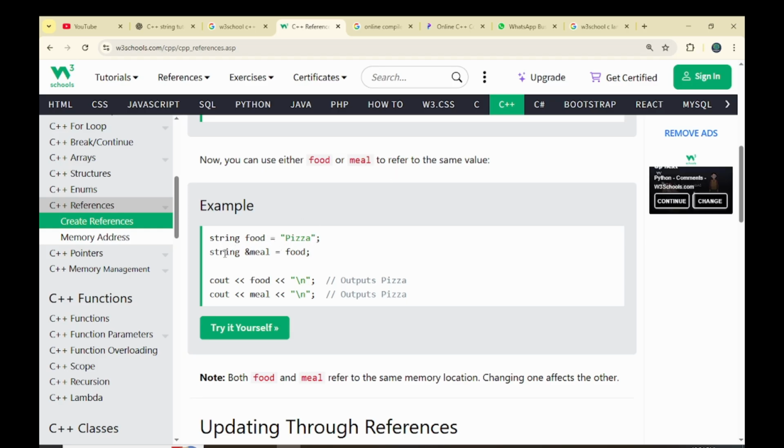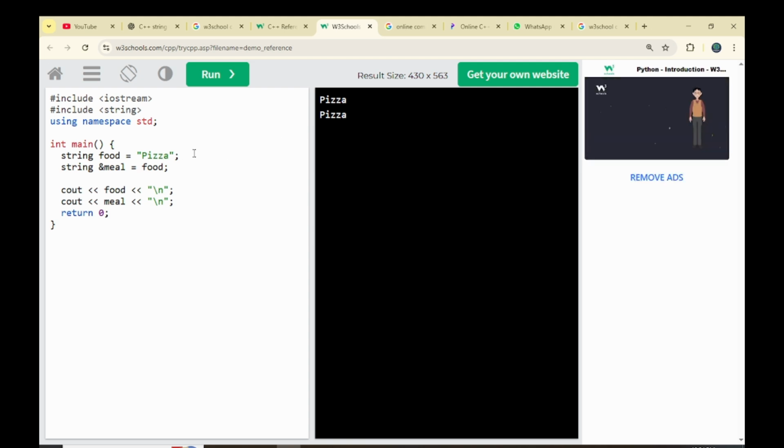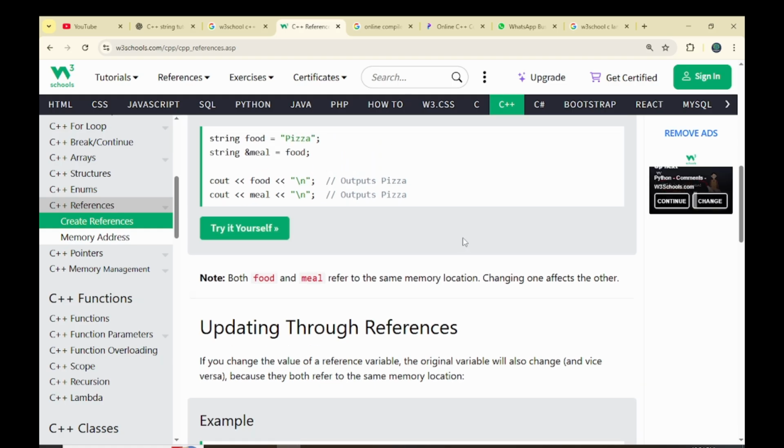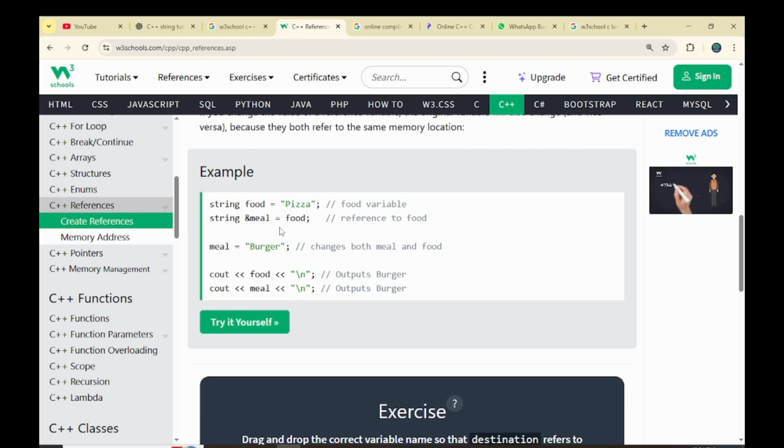So now you can use both of them for the pizza. You see cout food gives us pizza, and cout meal gives us pizza too. Both food and meal refer to the same memory location. Changing one affects the other, they use the same memory location. Updating references: if you change the value of a reference variable, the original variable also changes, and vice versa,